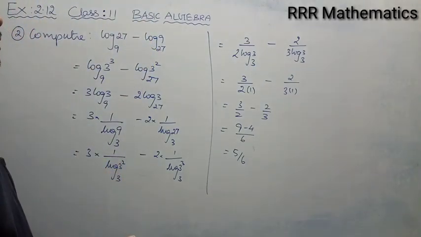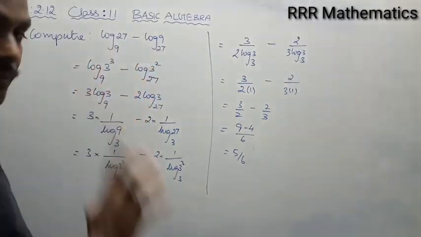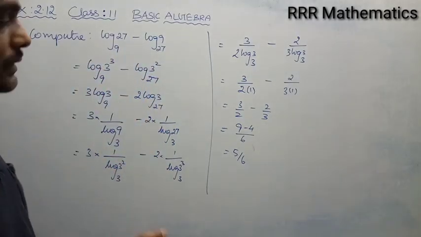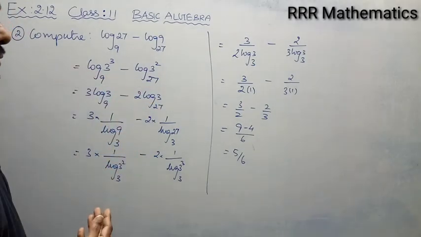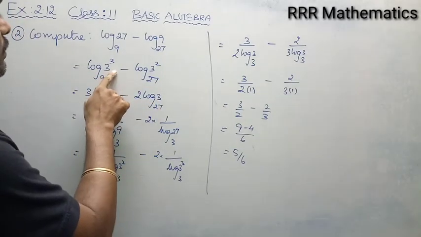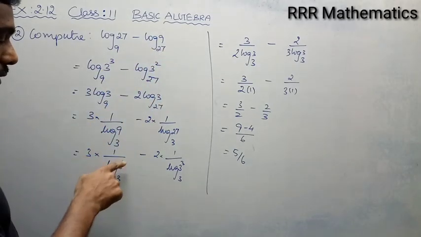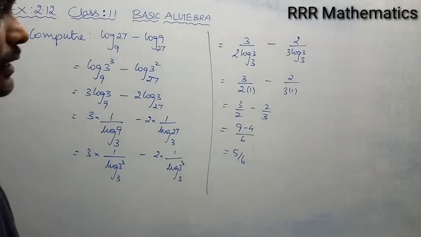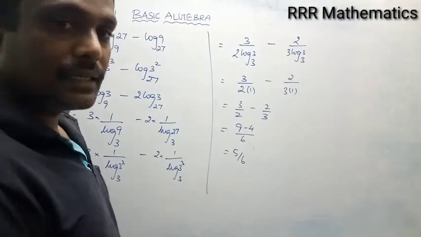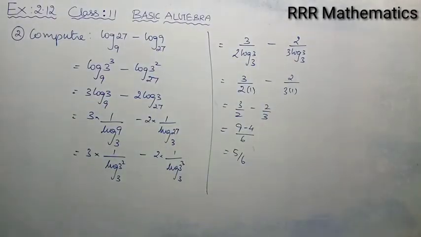So basically you should know the properties of logarithm. Very first, here the bases are different, so I am going to factorize. Here everything is in powers of 3. So this can be written as 3 cube and 3 square. After taking the reciprocal, again 3 square, 3 cube. I can factorize everything with respect to 3. So finally I am getting this. Is it clear?